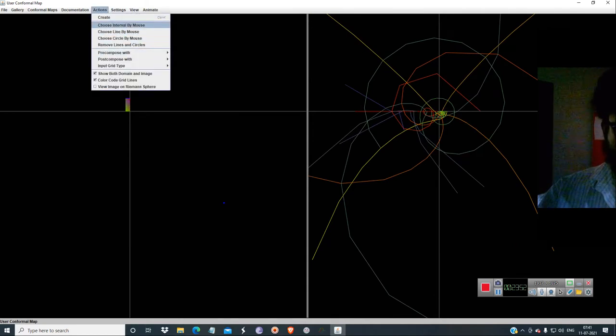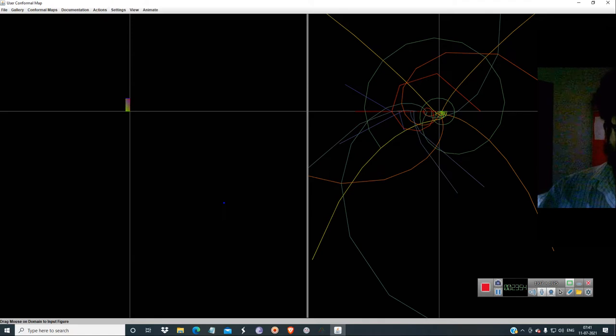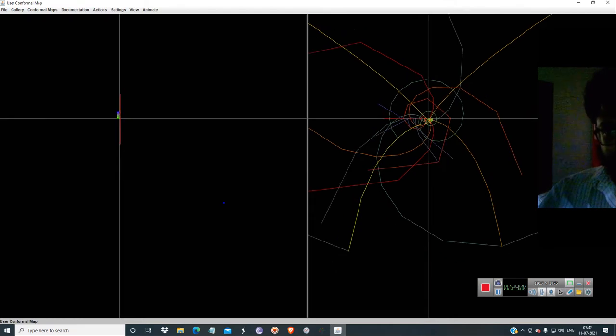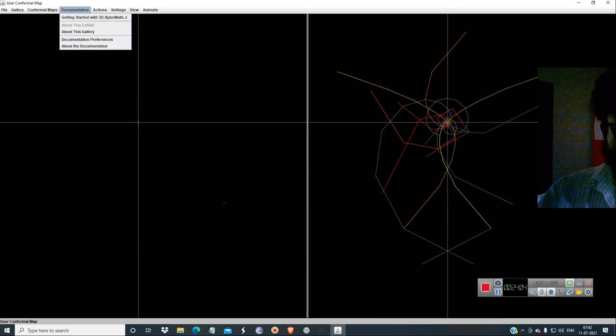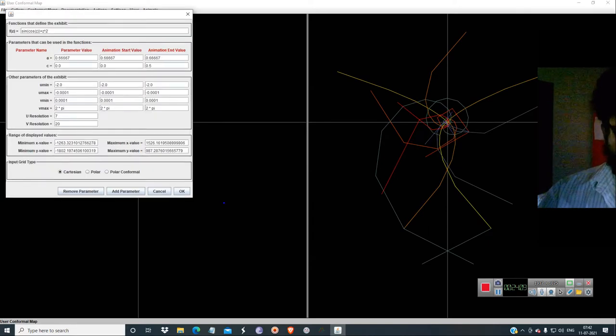So choose an interval. So this is the half point. You just draw a line over here, and that curve is being deformed into that same kind of curve. Okay, the same kind of curve. So I just have to tweak the step size. So resolution should be 200. So 70. So let's see the resolution now.